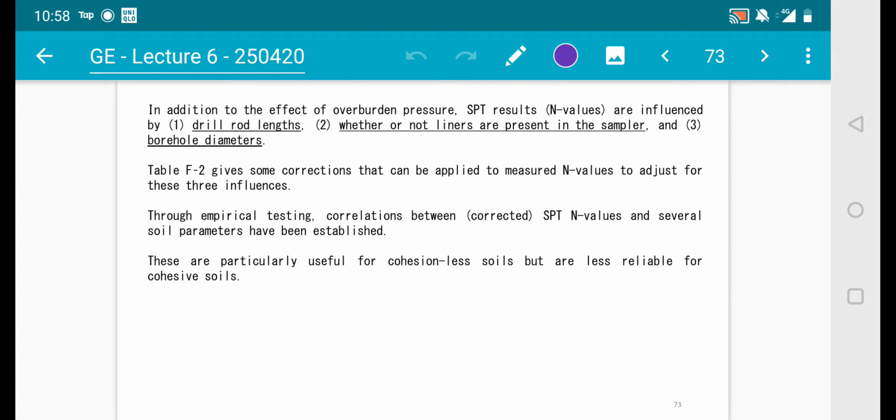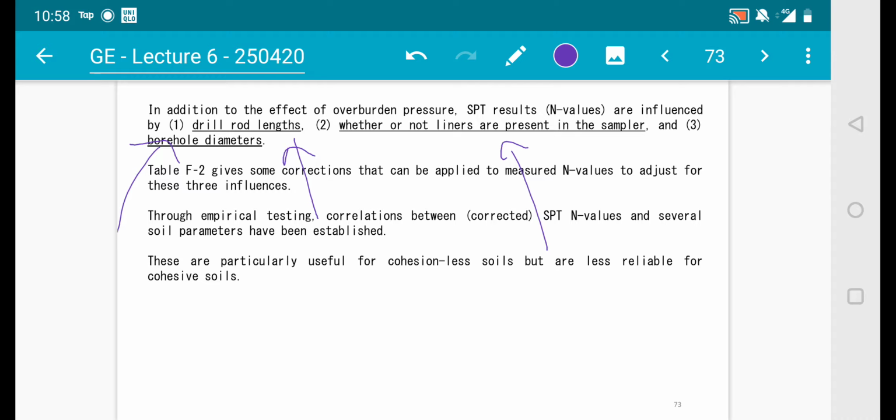So in addition to the effect of overburden pressure, NSPT results are influenced by, number one, the drill rod length, so we have different lengths of rod. Number two, whether or not liners are present in the sampler, so whether a liner is present or not. And thirdly, the borehole diameter, which has various sizes. Okay, now Table F2 gives some corrections that can be applied to measured N values to adjust for these three